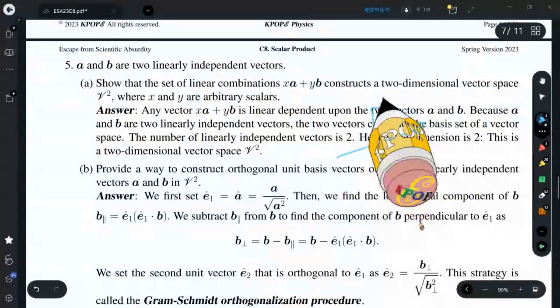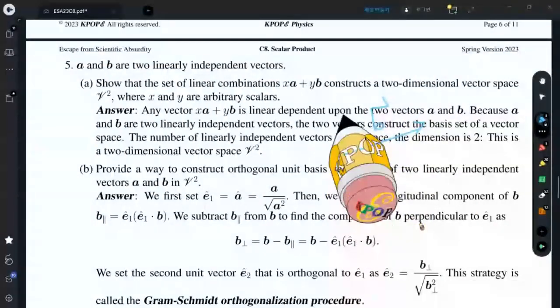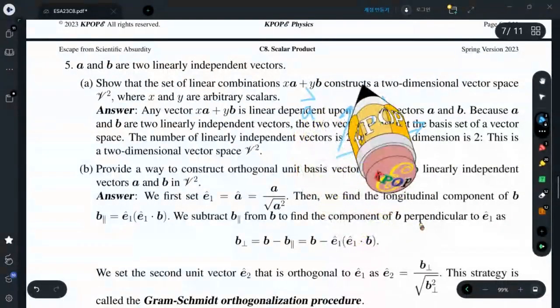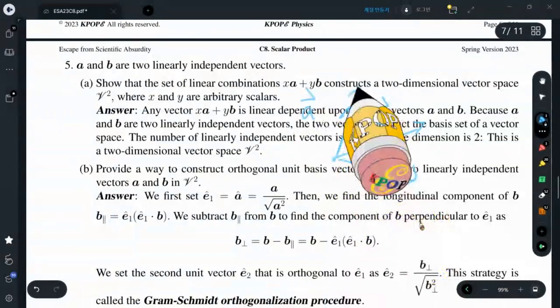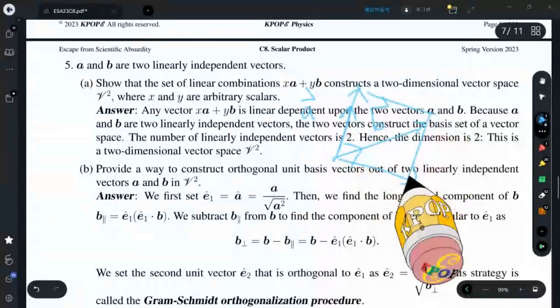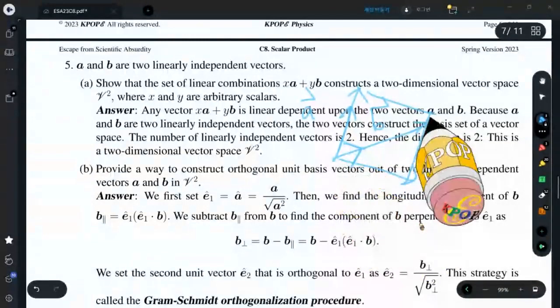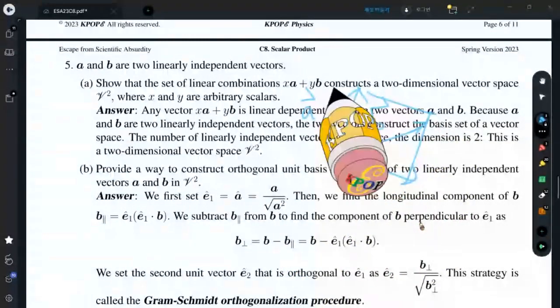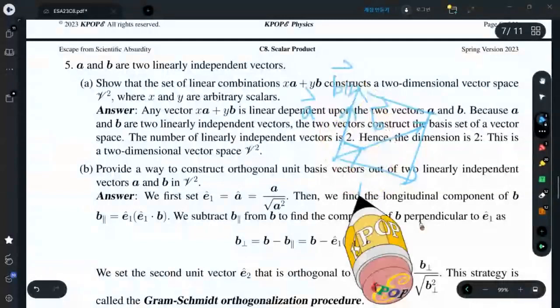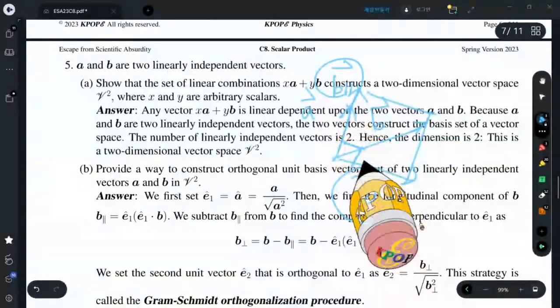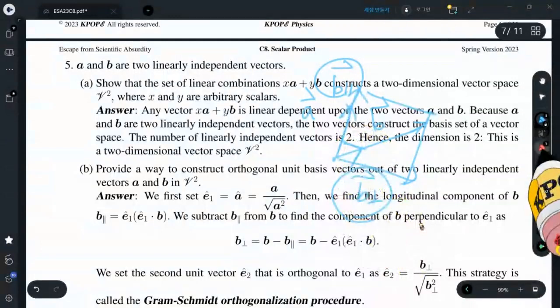Any vector, this is B, relative to A. If I have A here, B can be decomposed into two components. If it is a right angle, it is a rectangle. Let's say it is B parallel and B perp. Then they are perpendicular to each other. If you look at this figure,